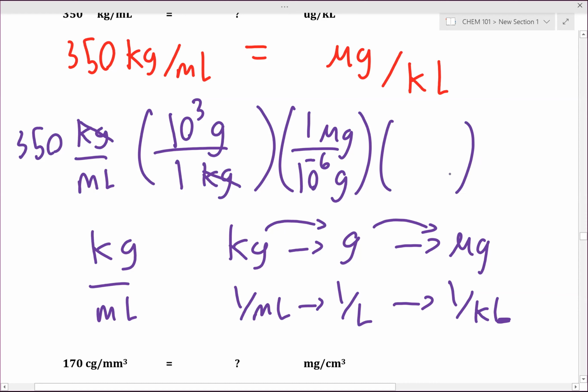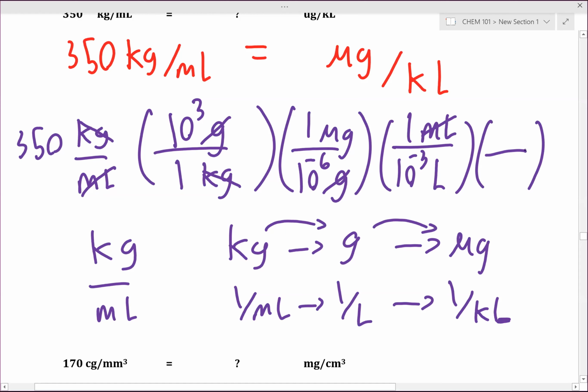Okay, now for our next step, we have milliliters on the bottom and we want kiloliters in the end, right? So then, in order to cancel out milliliters, where do I need to put my unit of milliliters? On the top or the bottom? On the top. They need to be on opposite sides, so they cancel. Okay, and in 1 milliliter, that corresponds to how many liters? Yep, 10 to the negative third. Okay, finally, what ending units do we need on the bottom? Kiloliters, yep.